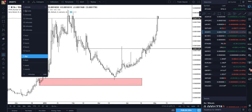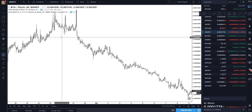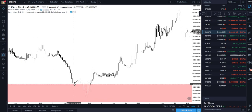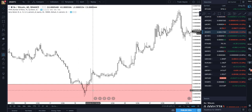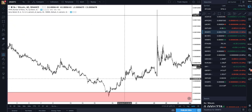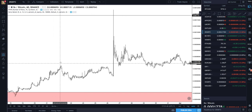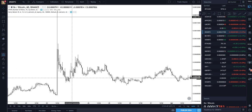And if you go down to that day, it wasn't in there very long, but it touched it here, and you could have just bought this. And where would you have targeted, right? It walked right out of here, but there were multiple opportunities to get in this thing. If you didn't buy it here, but you see it start making higher lows and higher highs, you don't want to buy it up here, but if you see an order block here, like I do,